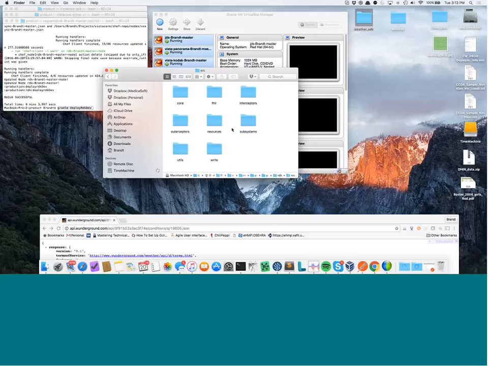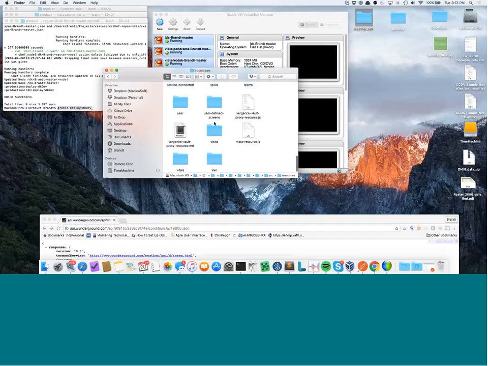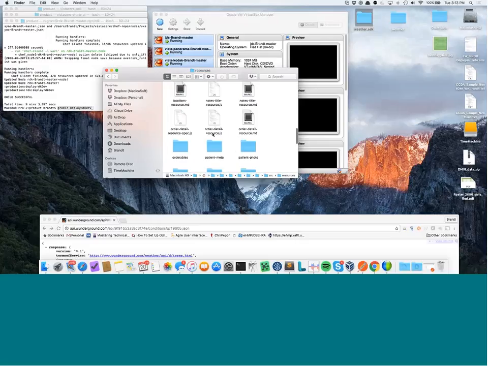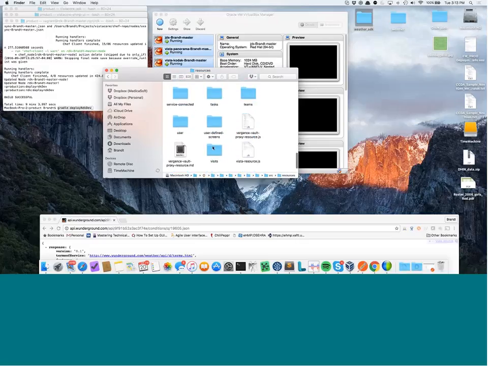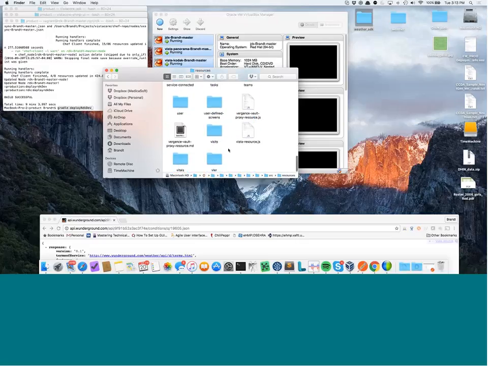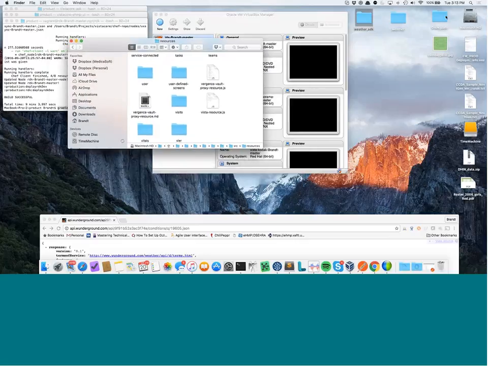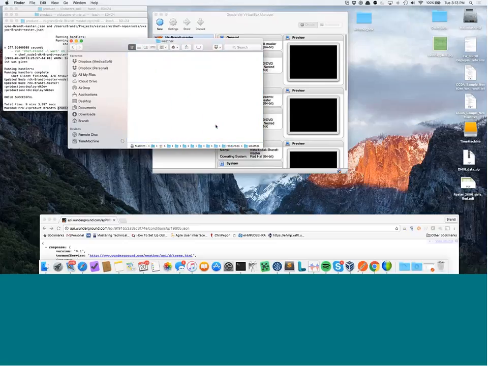and then in the source, there's the resources. So each resource has a file, or a folder if it's a little more complex. What we're going to do is add this weather folder that's here on my desktop. So just drag that in there, and we'll look at that. But